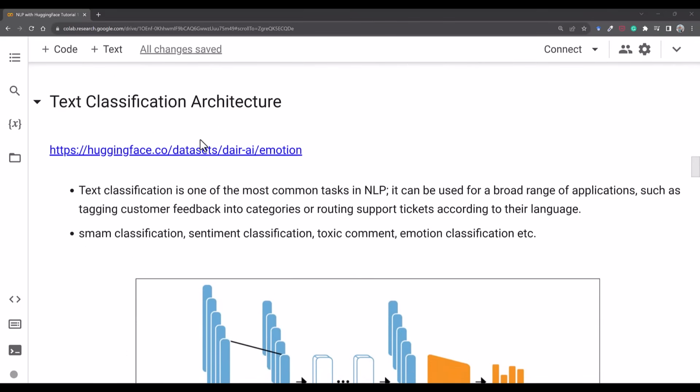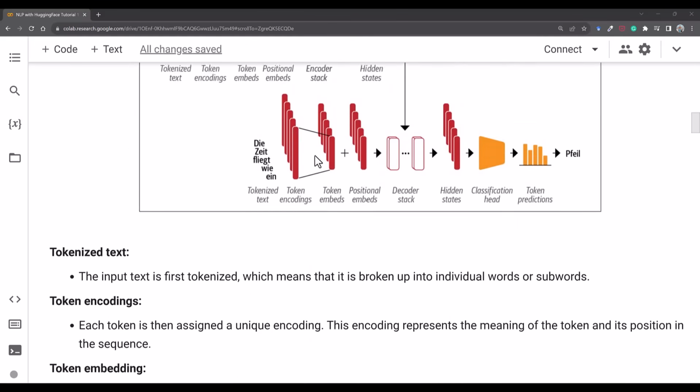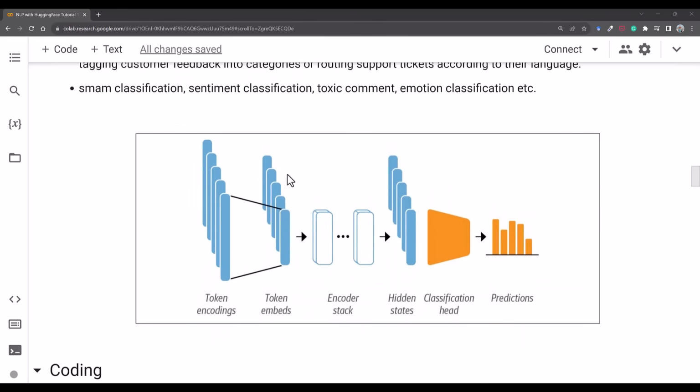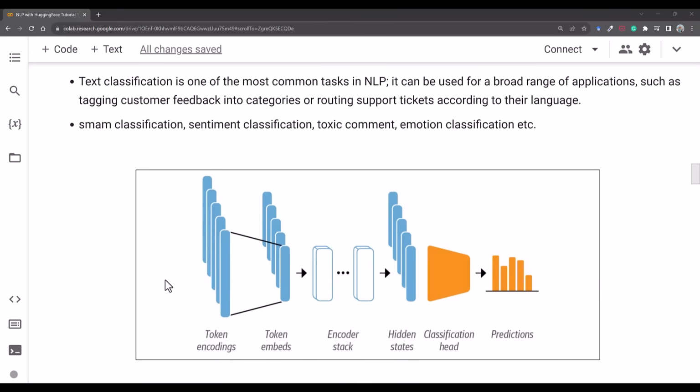So we'll be using a text classification architecture from our architecture. You can see it here. We are taking only the encoder for our text classification. So our data will be given, tokenization will happen, thereafter encoding will happen, then the embedding will be generated, and then the encoder stack will be placed there, and thereafter hidden states. And finally these orange-colored parts which you see there are a deep neural network, or you can say fully connected networks, or you can also say a classification head. So this part we will be adding into our transformer encoder,